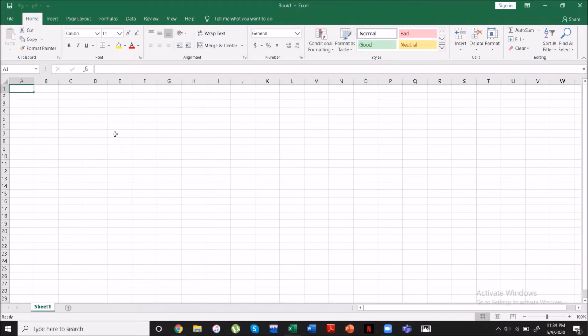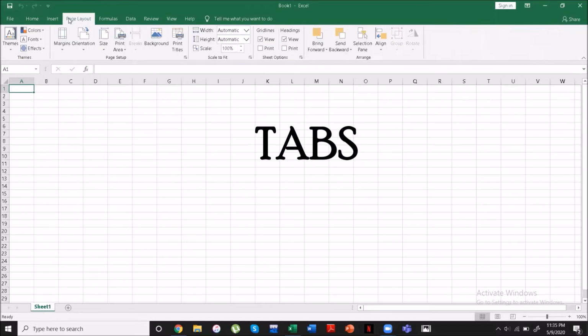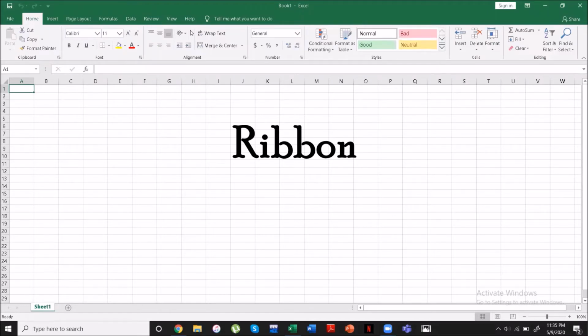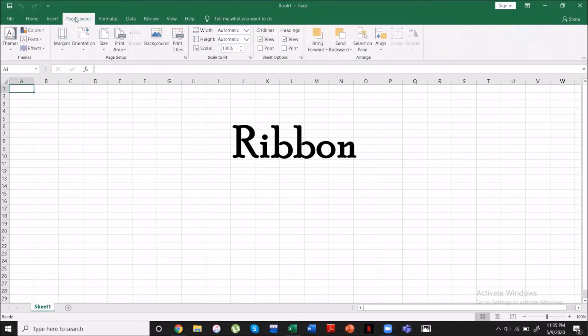The first thing that we need to learn about the layout that we have in Excel 2016 is that there are certain terms that you're going to need to know. First of all, across the top, we have some tabs. We have the Home tab, the Insert tab, the Page Layout tab, and more as you can see. Each of these tabs is pretty important, and when you click on a particular tab, it opens up a ribbon. So this is the ribbon for the Home tab, the Insert tab, and the Page Layout tab. I get the Page Layout ribbon.